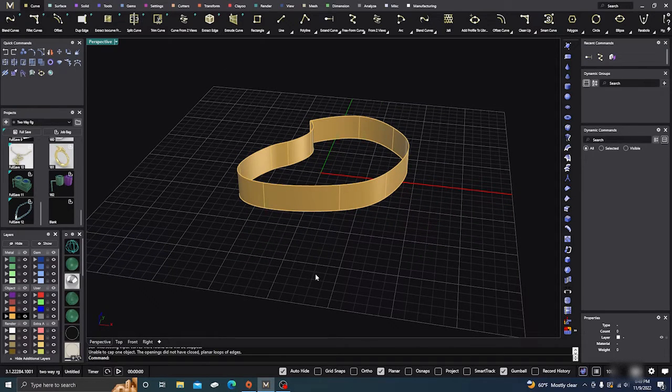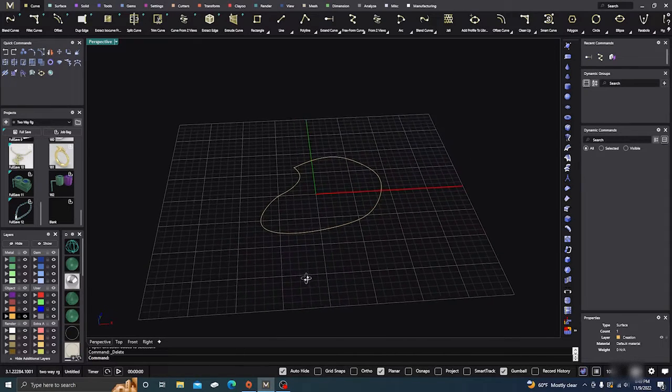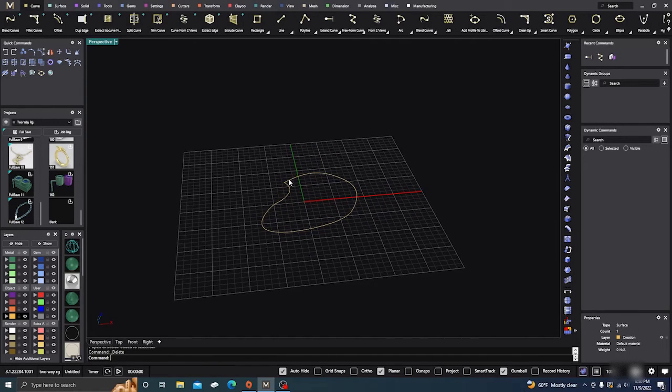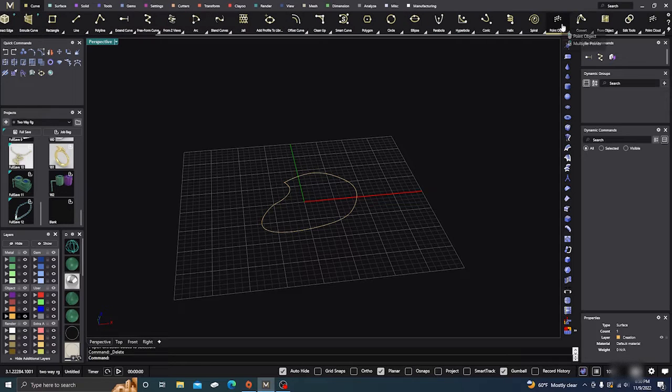So we forgot to hit snaps. The very easiest and quickest way to do this, and this is good for Boolean, finding out why Booleans don't work sometimes, is go to our